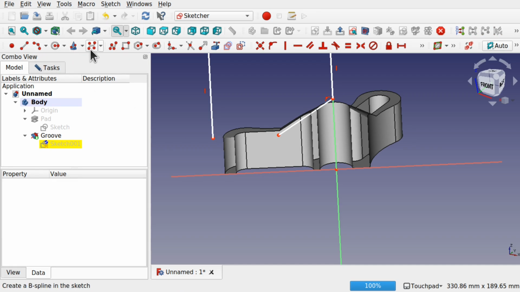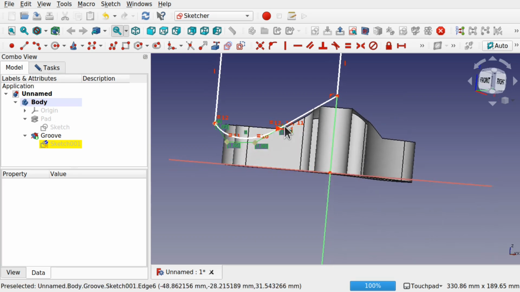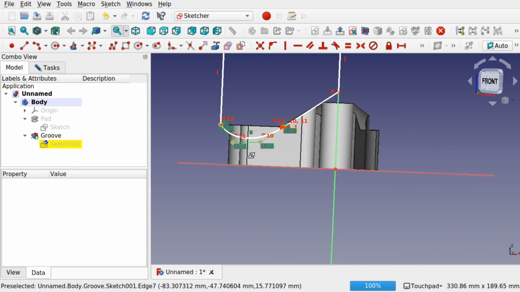and use the B-spline. So what I'm going to do is create a B-spline in here, add a couple of points and connect it up. Hit escape, so we've got this curvature here. What will happen, you can see this will end up creating this shape around and curving up. But